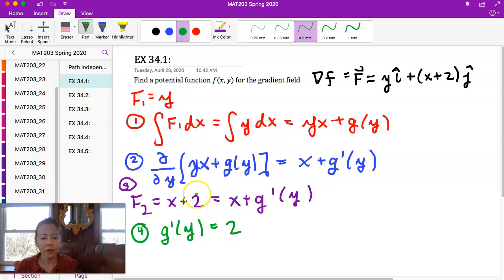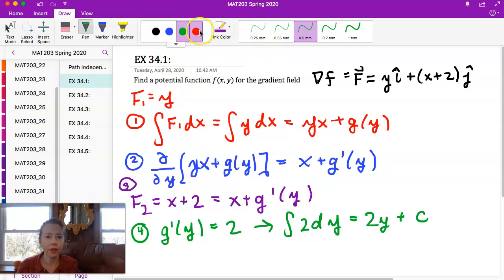And then we want to integrate g prime of y to find g of y. So we integrate 2 dy, and this is going to give us 2y plus some constant. All right, so finally, coming back around, we have that f of x and y, our potential function, is going to equal